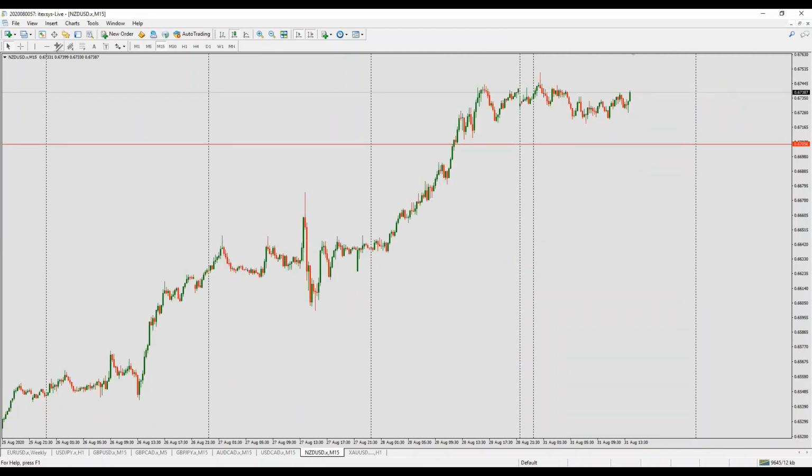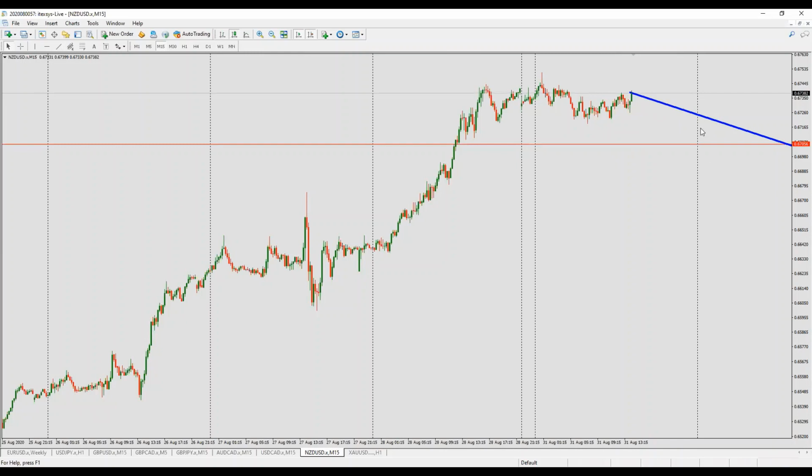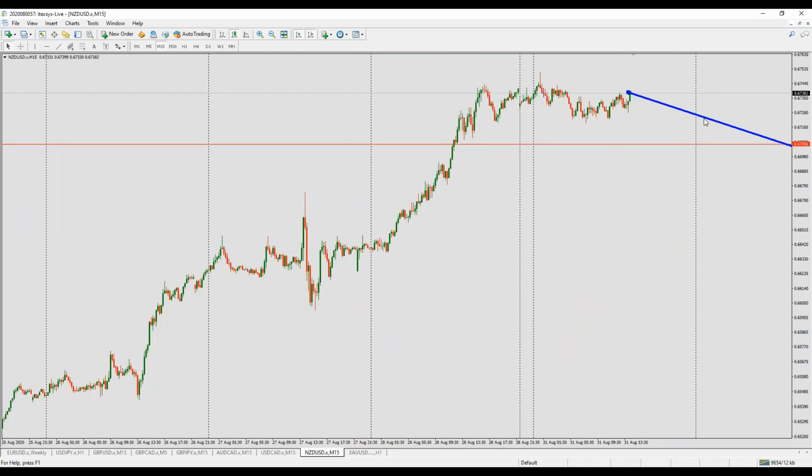something like this. If something like this will happen, oh, that's a very long one. Okay, never mind. If the price will break out this level in a convincing way,